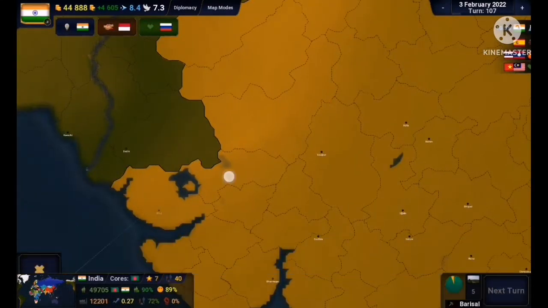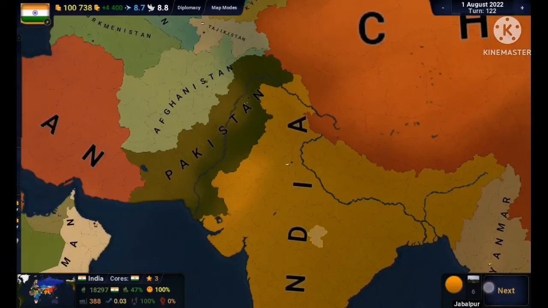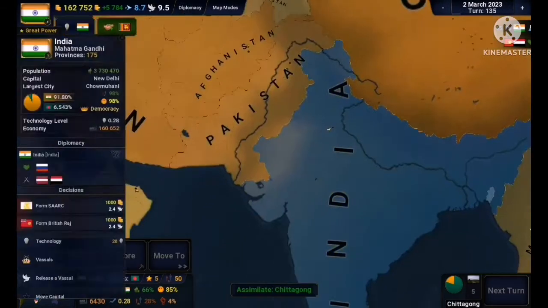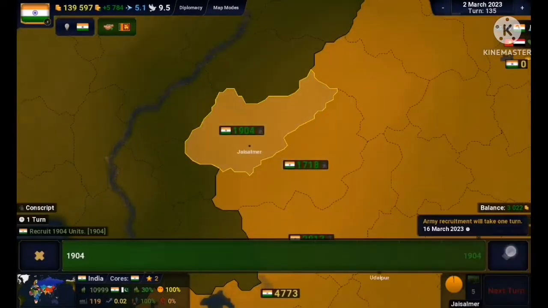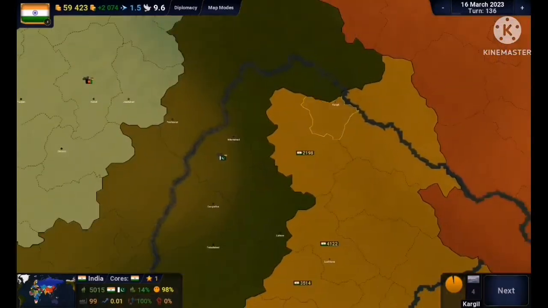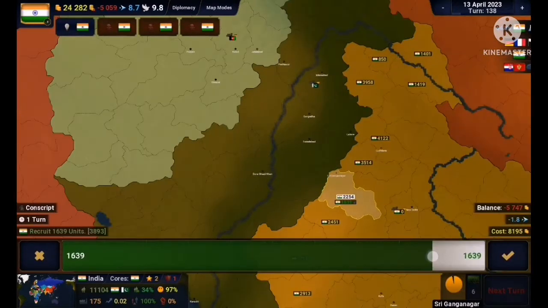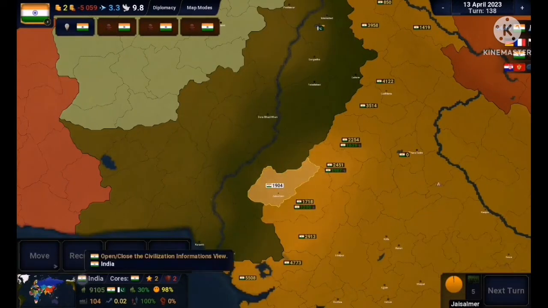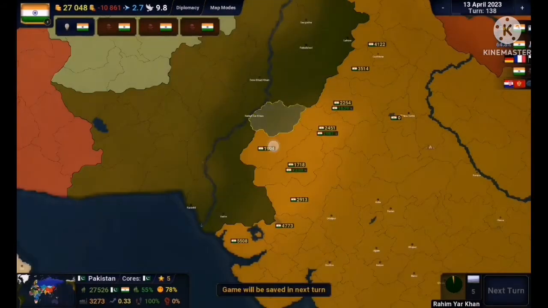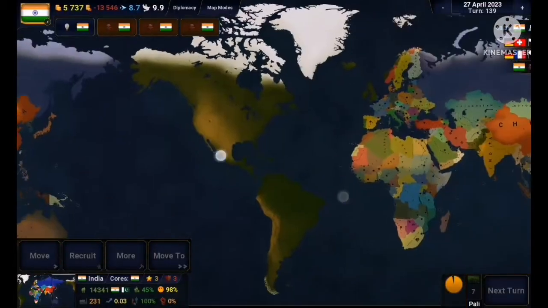And now I essentially have a pretty good source of income, and I start moving my troops to Pakistan. Now, I fulfill the prophecy of the Indian subcontinent. I mean, what am I saying? Prophecy. India and Pakistan have fought like several wars already. I guess this is just an average day in the Indian subcontinent. And I recruit so many people, I even take a loan just so I can invade Pakistan as India. Listen, man, this is satire, but it feels so real.